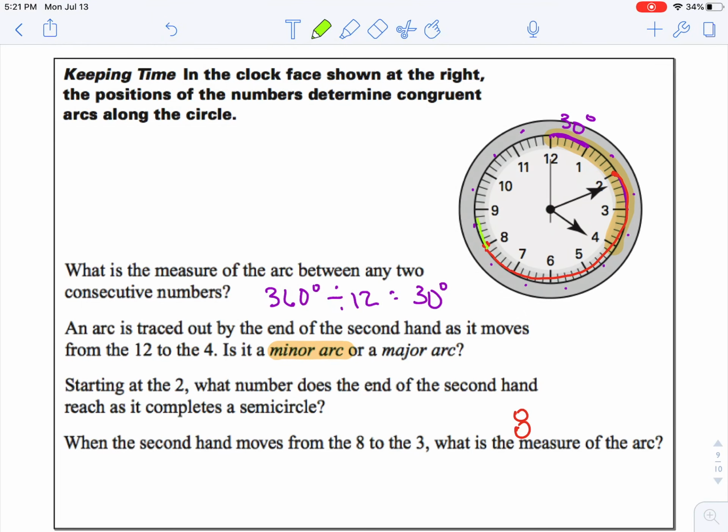When the second hand moves from the 8 to the 3, what is the measure of the arc? Okay, so let's pace that out. If it goes from the 8 and it goes around to the 3, it's 30 degrees past 180, so it would be